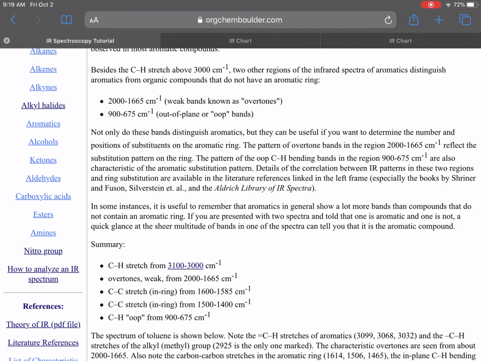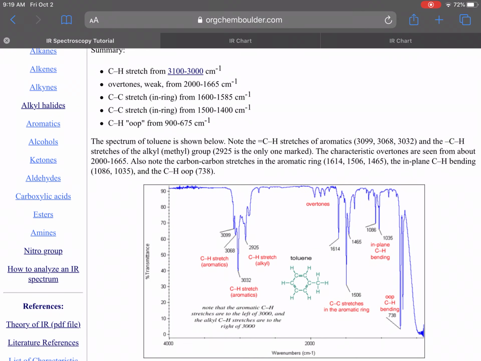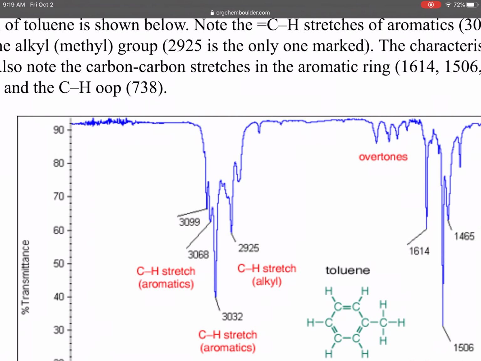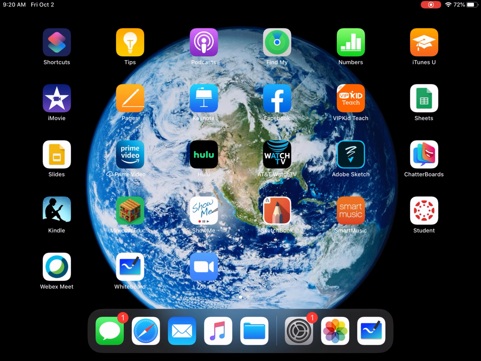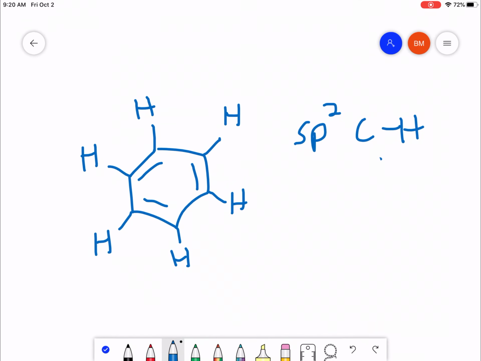If you take a look over here, we said they appear between about 3100 and 3000. You can see a couple of them pop up here at 3099 and 3068. So that's one thing that makes life a little bit difficult sometimes with aromatics, is the fact that their CH stretching does mirror that of an alkene. However, there's a couple of other things that you can look for to help distinguish these from